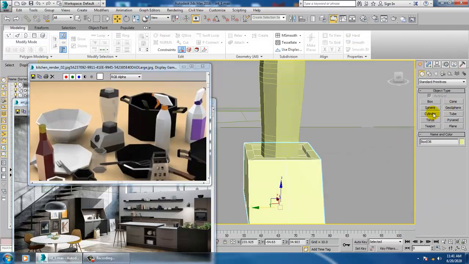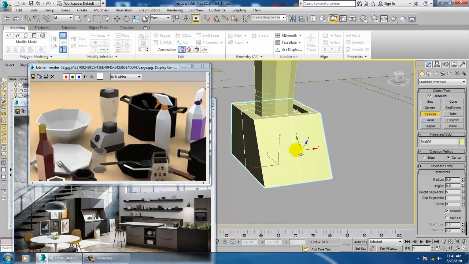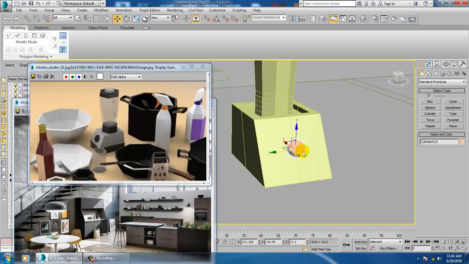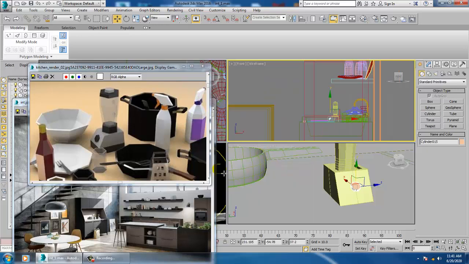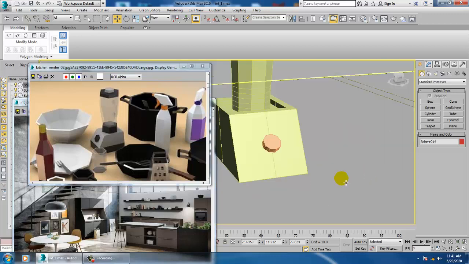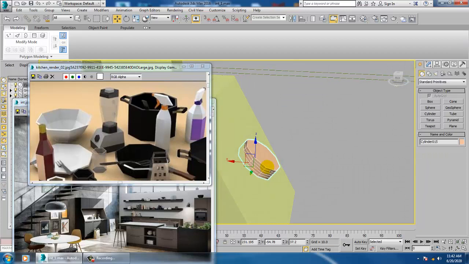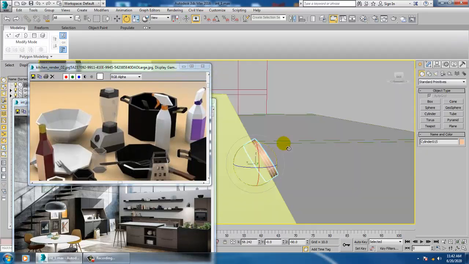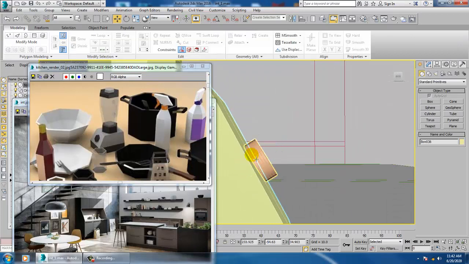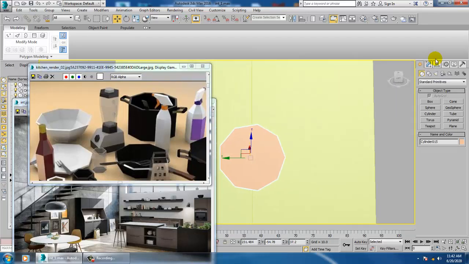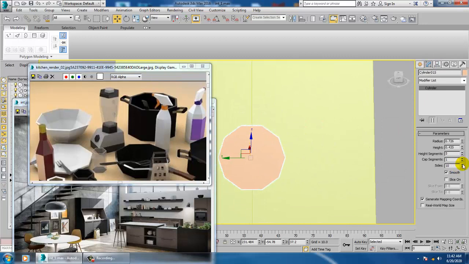Again, take a cylinder onto this view. You can use all the views and see this. Drag this down a bit. And increase its sides.